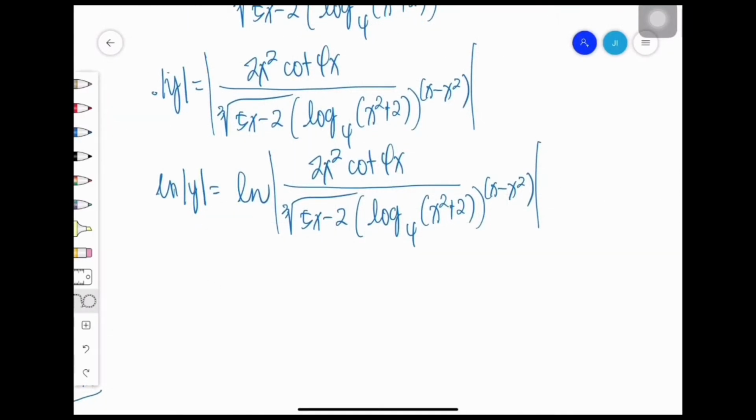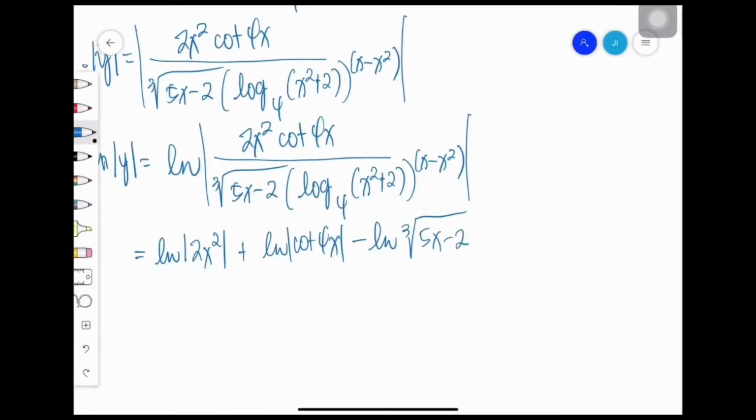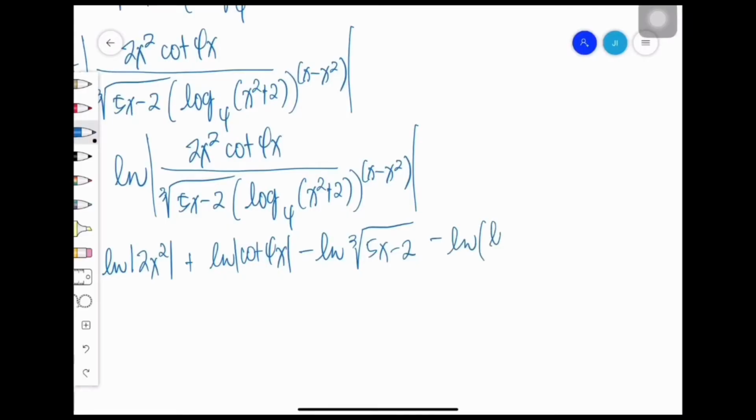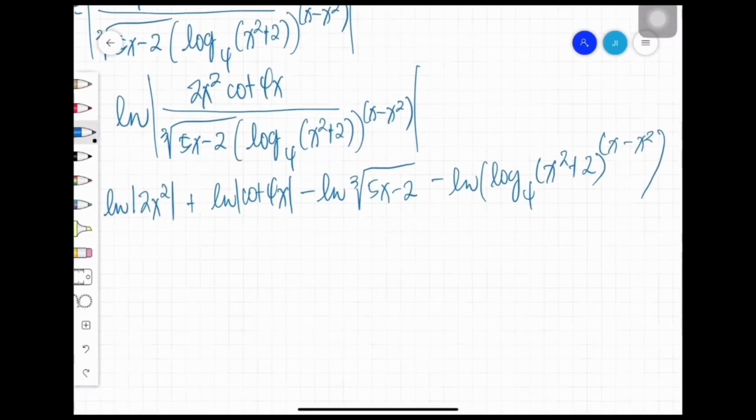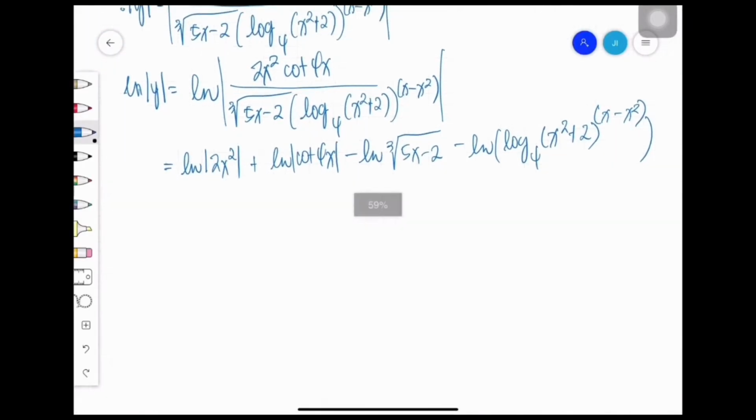So we have, upon using the laws of logarithm, ln of the absolute value of 2x squared plus ln of cotangent 4x, the absolute value of that, plus, for the denominator we have subtraction, minus ln of the cube root of 5x minus 2, then minus ln of logarithm of x squared plus 2 base 4, raised to x minus x squared. Okay. Then we have here